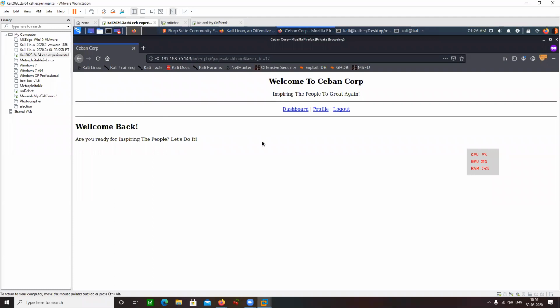So here I have logged in as a normal user, okay? And to be very precise, we do have an ID parameter here, and the value is also 12, okay? So what I'm going to do is try to play with this parameter, okay? And I'll try to see if I'm able to hop into other people's profile, okay? So let's check.